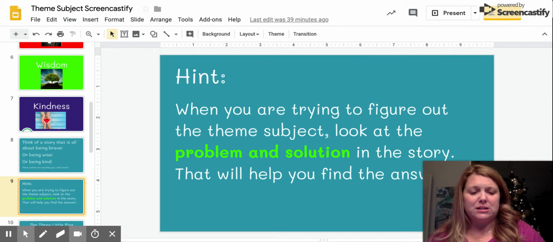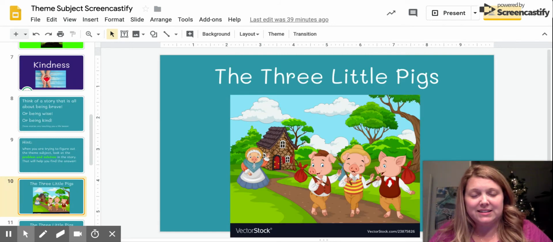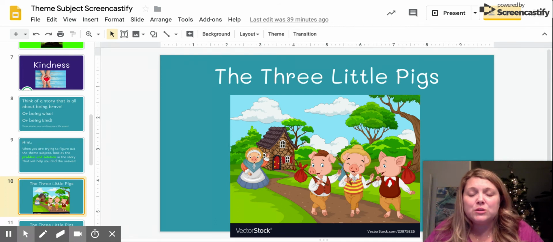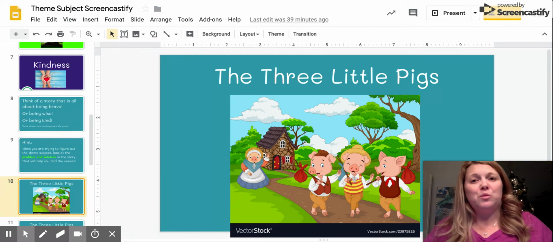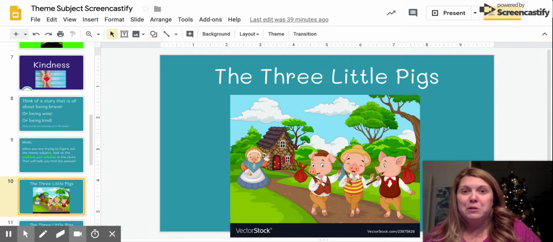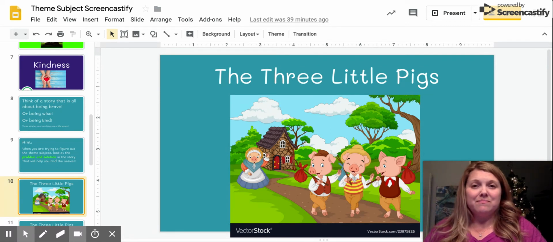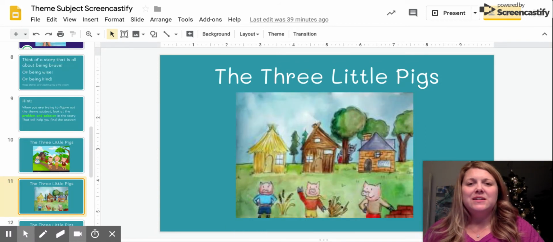All right, so we all know the story of the three little pigs. The three little pigs were living with their mom. She sends them out to go build their own houses, and we all know that two of them built houses that didn't last and that the wolf blew down, and one of them built a house made of brick. And that house was able to withstand the wolf's blowing. Okay, so here are their houses.